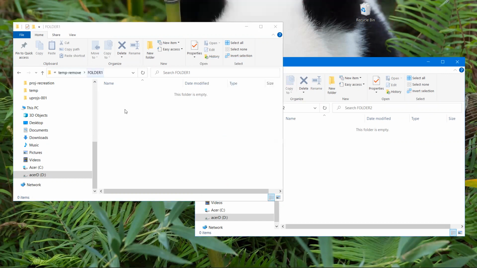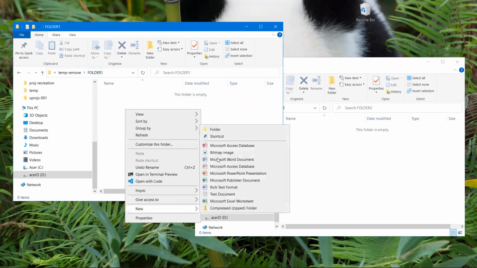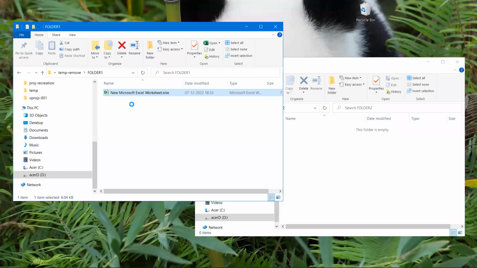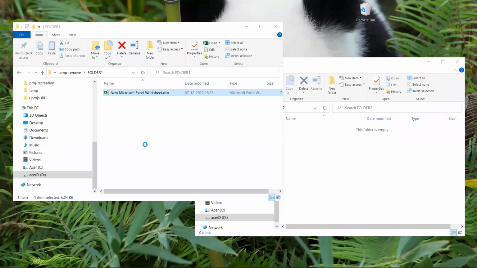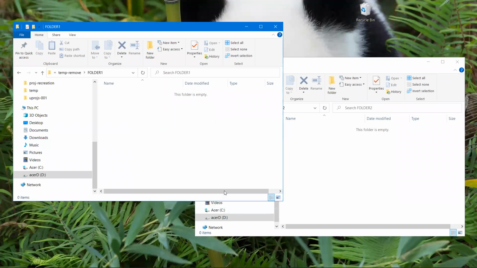Now let's say I have file 1 here on the left side. Let's create a notepad. File 1 of folder 1. All right.